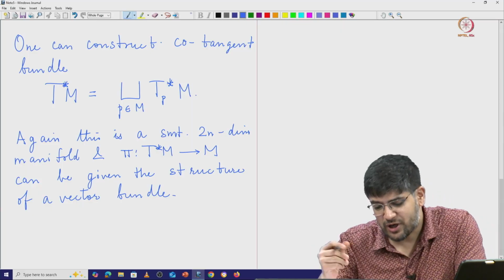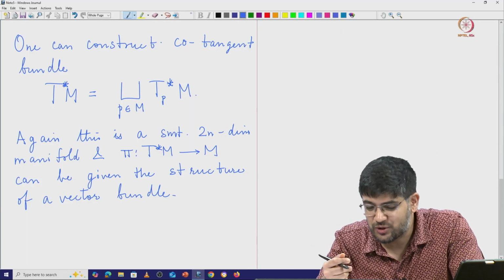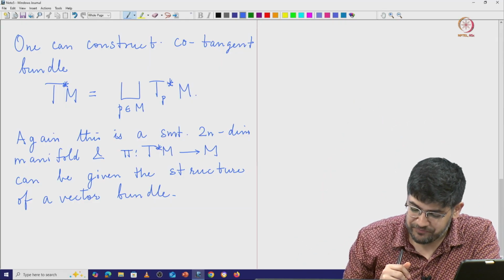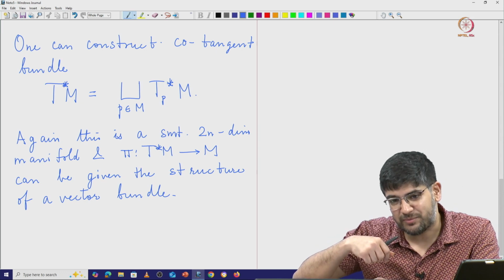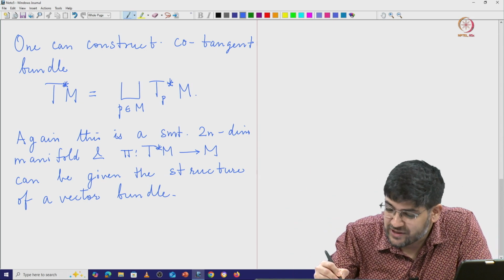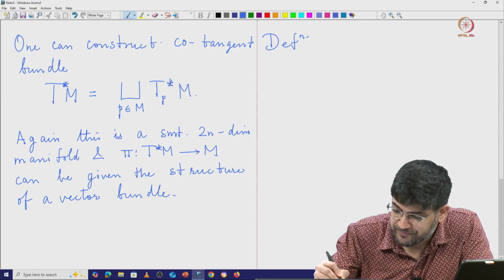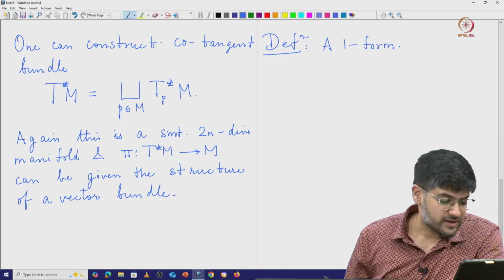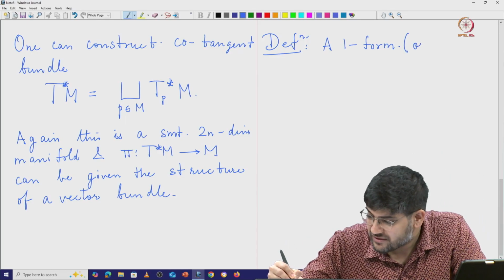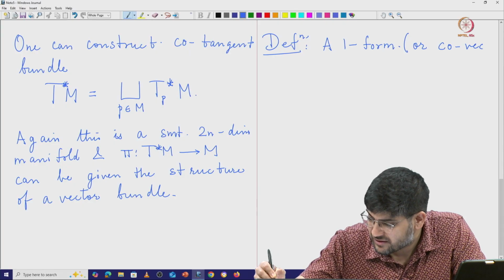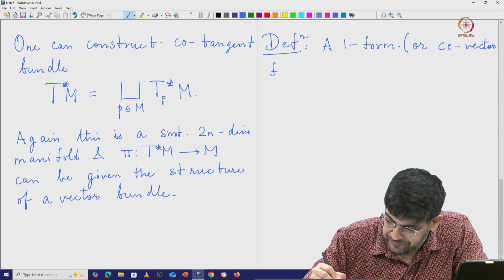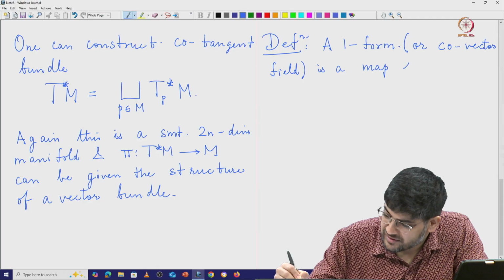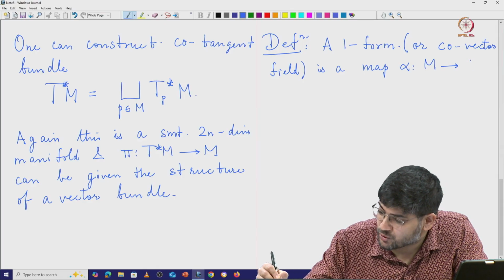Okay, so similar to how we had a notion of vector fields, which were maps from M to the tangent space, similarly one can define maps from M to the cotangent space. These are called one forms, or a co-vector field, is a map alpha from M to the cotangent space